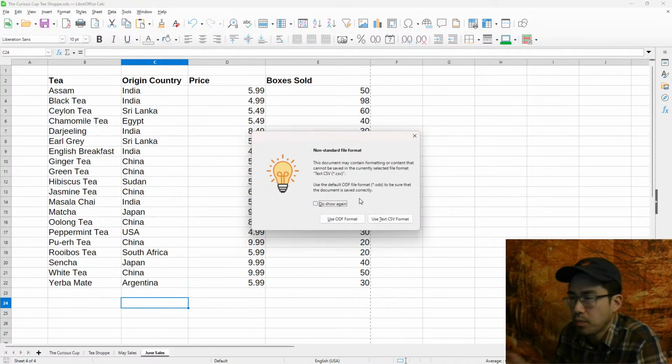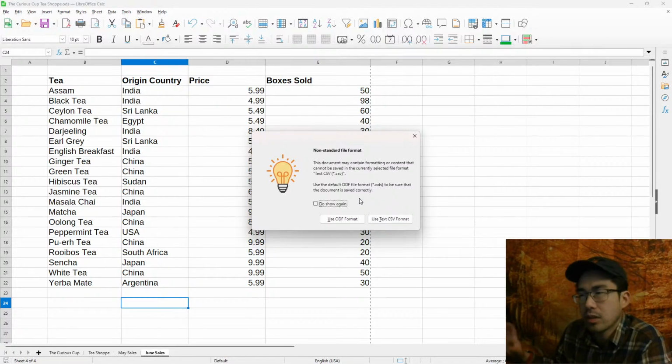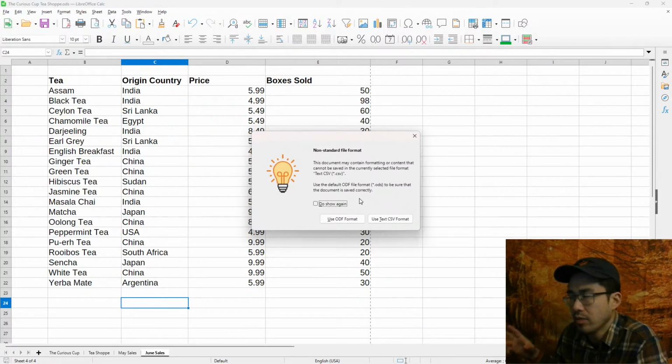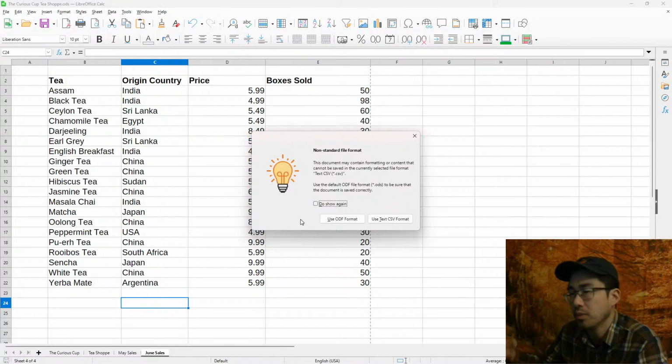And Calc works best using ODS, so that's why it's good to have an ODS as sort of, if you think of it as like the master copy that you can do edits, you can add to it, and etc. When you want to save into a different file format, think of that as exporting your data into a different format, which then is useful for some other software or some websites,